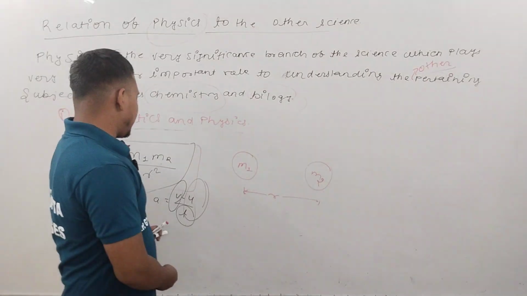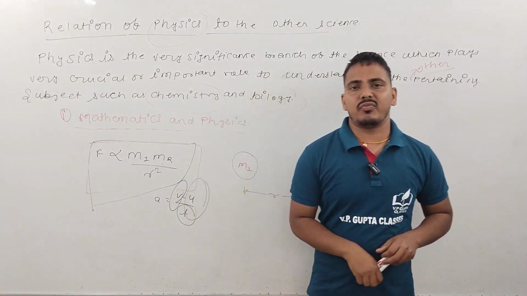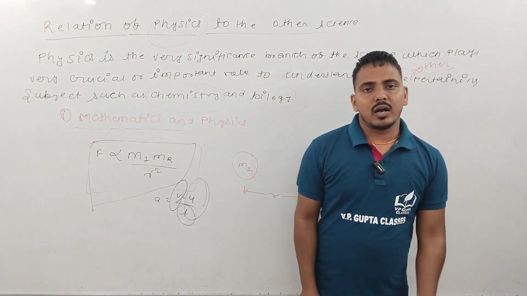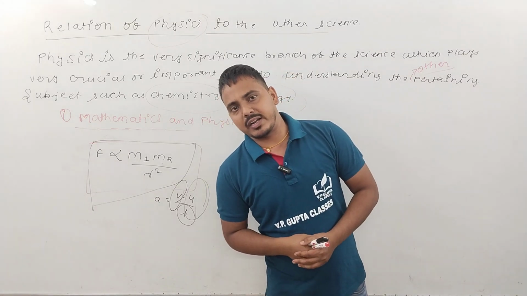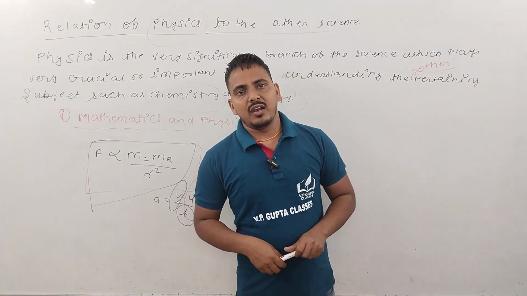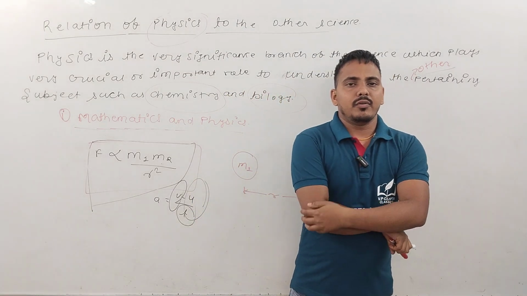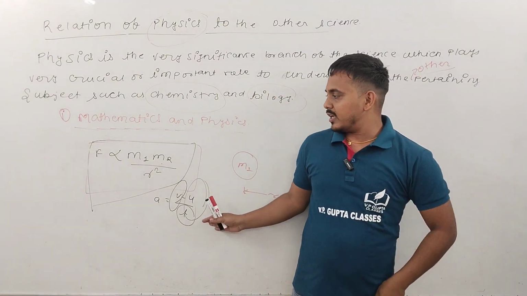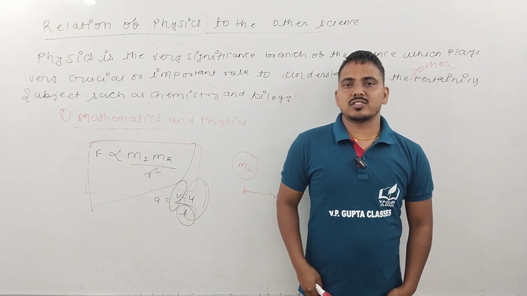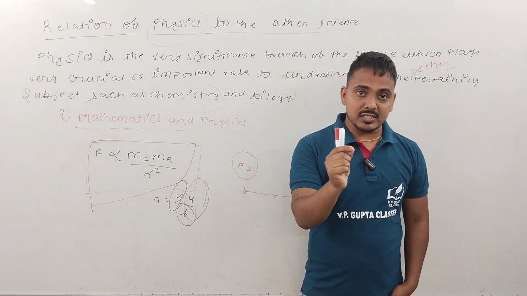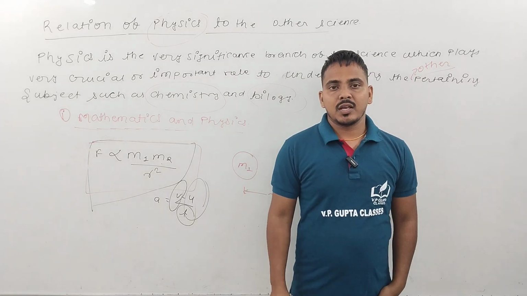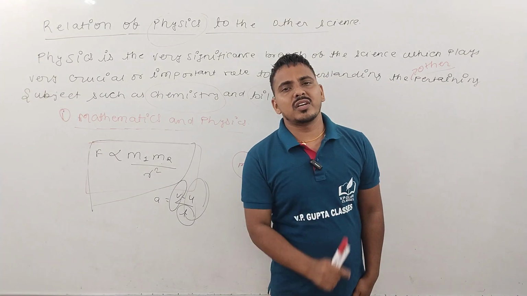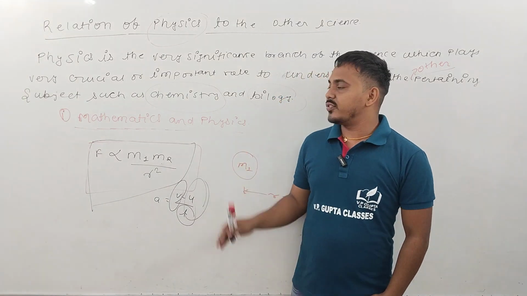In language it is right to say that the rate of change of velocity with respect to time is called acceleration, but in mathematics it is written this way. And with the help of mathematics you can easily write such descriptions of physics. So we can say mathematics is very significant and important in physics. Without knowledge of mathematics we cannot easily understand physics.